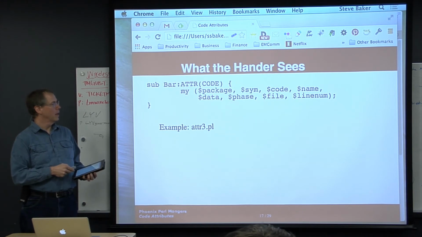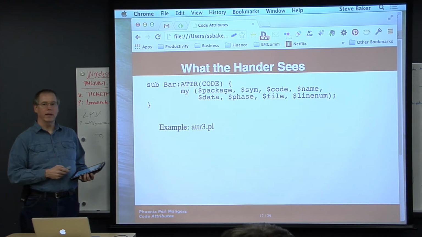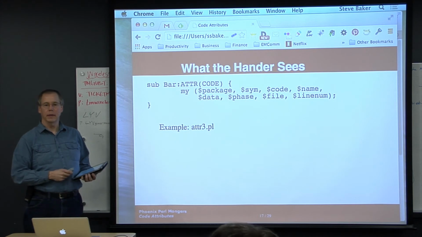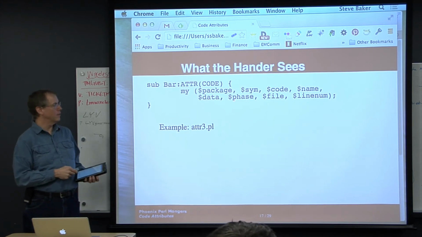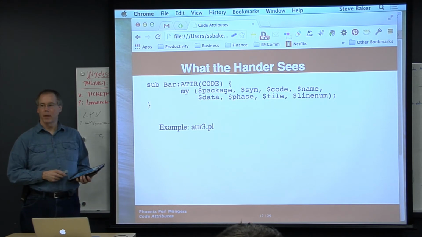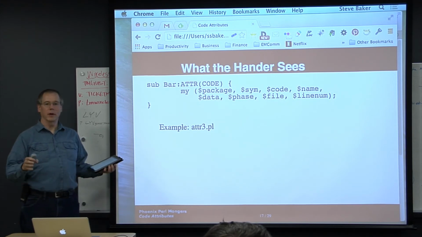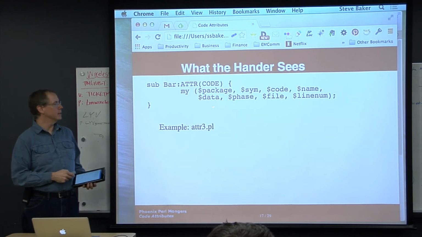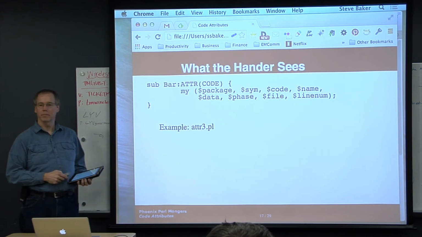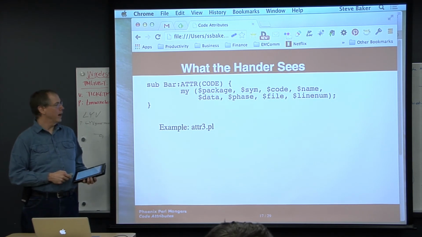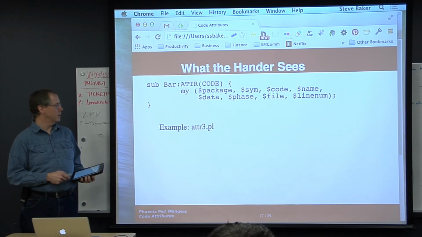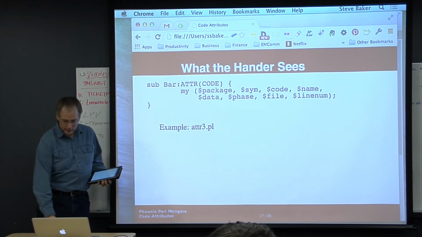The phase, now the phase is, I mentioned that it runs at compile time. Actually, it runs during the check block. So by default, this is going to be check. You could get it to run at the begin block, as I demonstrated earlier. You could get it to run at the end block. You can actually get it to run at all of them if you really wanted to. And this is how you differentiate which phase you're in. And then the file that was actually running and the line number of that file that made the call. As an example,